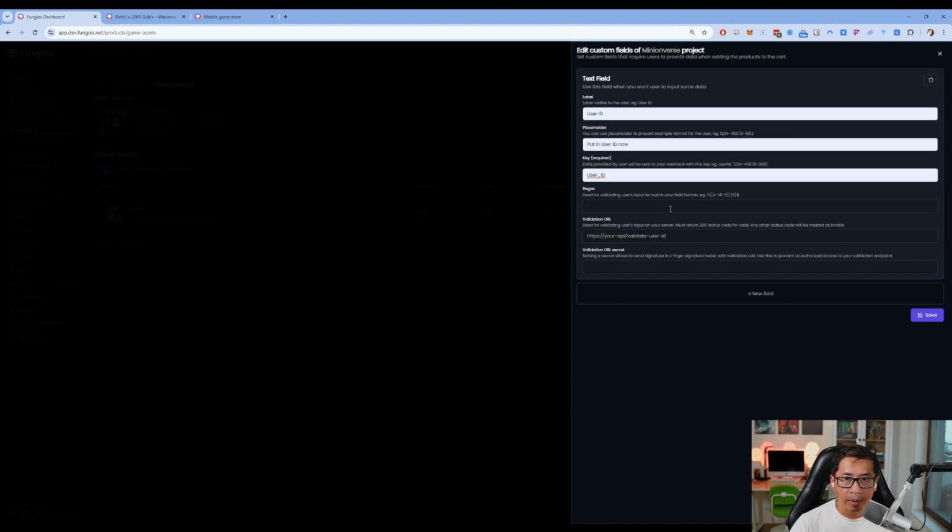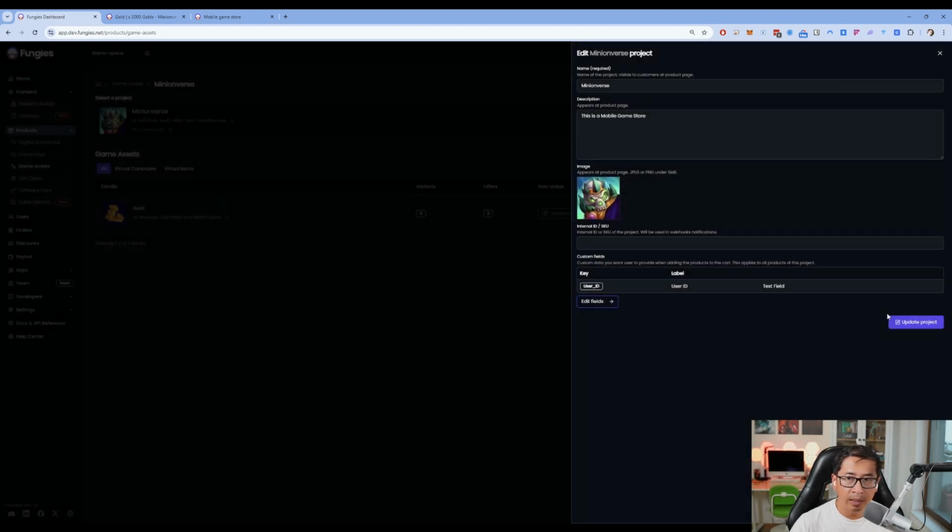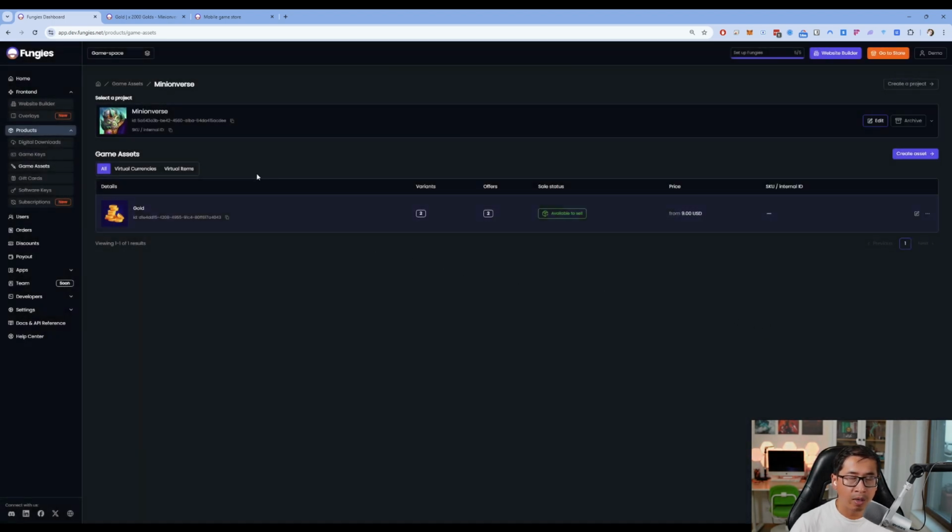It could be numbers, or it could be currencies. Validation URL used for validating user's input on your server must return a 200 status code for valid. Any other status codes will be treated as invalid, and validation URL secret. If you are on the marketing team and you don't know how to set this up, ask your developer to do it. Click on save, click on update project, and all the products from this project will have a required